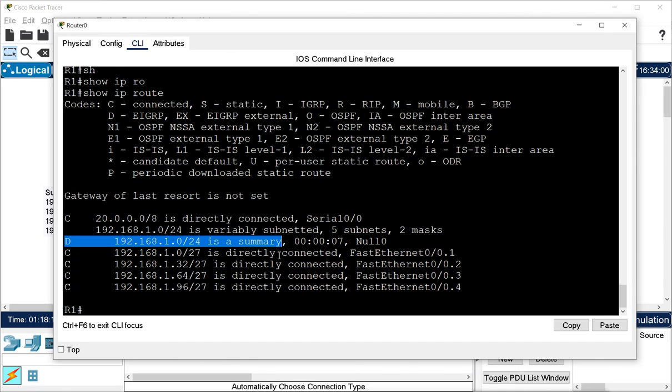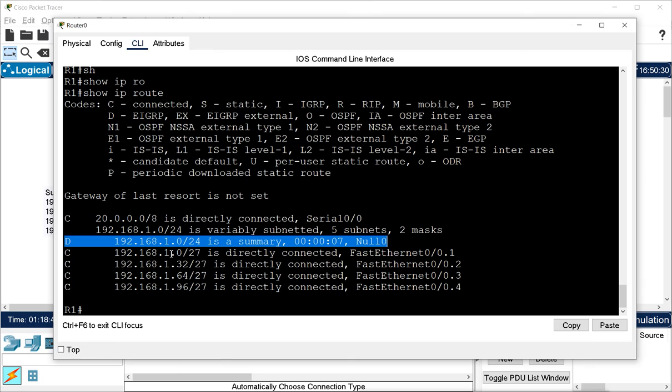So this is what happens with a classful routing protocol, and a classless routing protocol. Whether we are using RIP version 2, not RIP version 1, RIP version 2, or we are using EIGRP, they do the auto summarization. It is receiving only one network entry. It is not receiving the entry for the 4 subnets, it is receiving only one entry for those 4 subnets. This is what auto summary is.